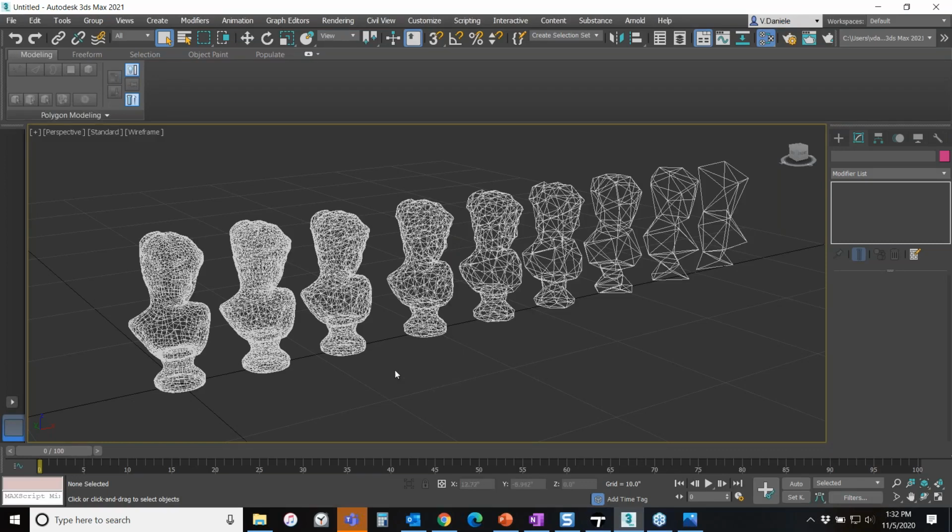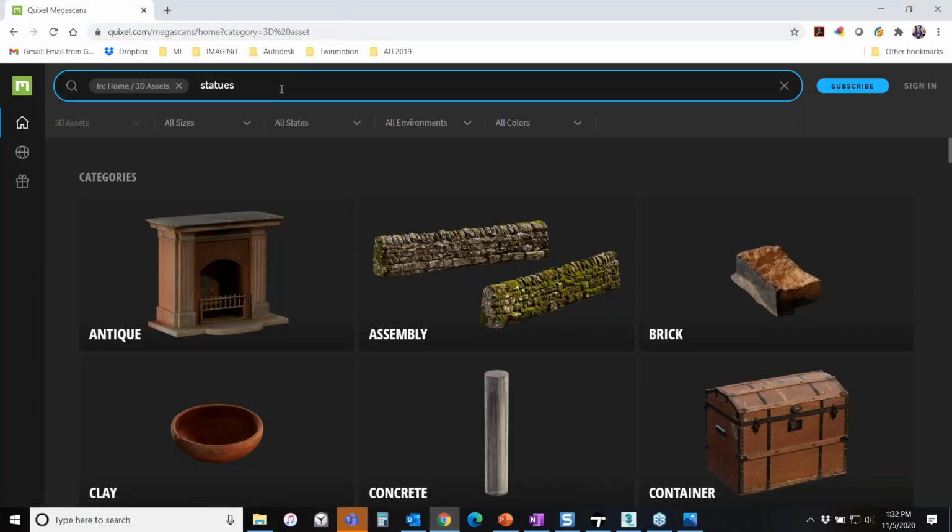So in 3ds Max, I've imported an asset that I grabbed from a site called Quixel Megascans. So I want to just show you real quick. Quixel Megascans is a partner with Epic Games, who produces Twinmotion and the Unreal Engine. When you sign up for a license, or when you sign up for Twinmotion, I don't even think it actually requires a purchase license, but you get access through your Epic Games user ID to this repository of all of these different, they're called